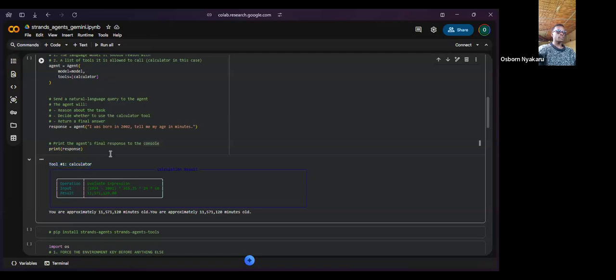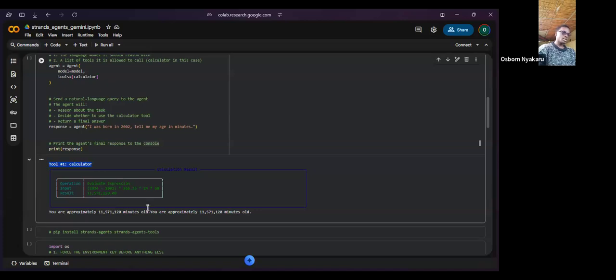It would say something like, the user has asked me to calculate the age in minutes, this is the step I'm going to take, I'm going to use this tool, then go to this other tool in case you're using a number of different tools. That's what it's supposed to do, but for Gemini, this is what we have. It calls the calculator tool first, does the operation, and gives you the result in minutes.